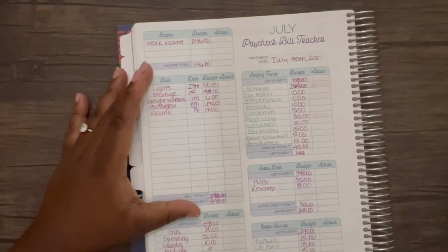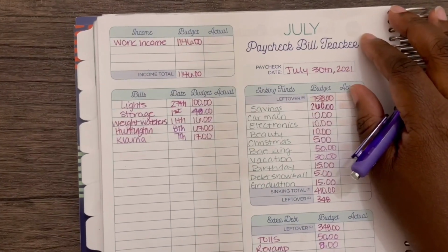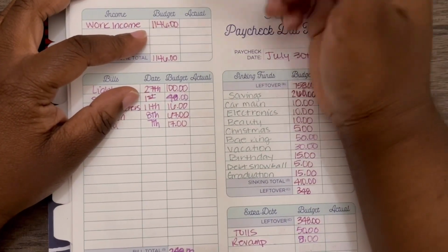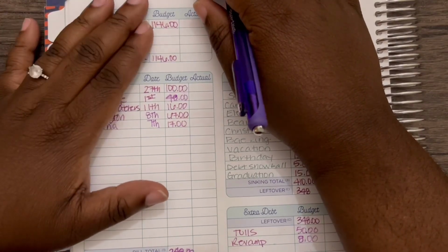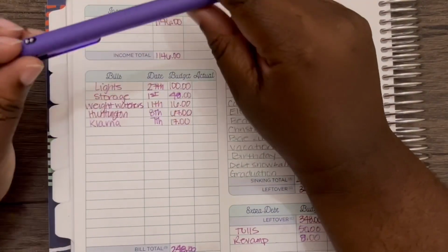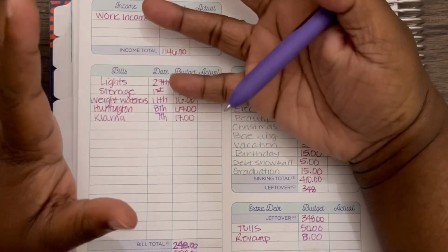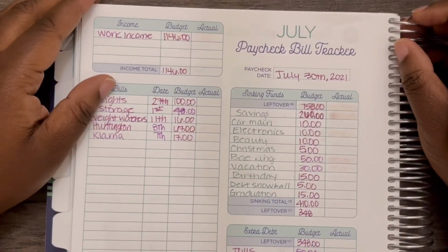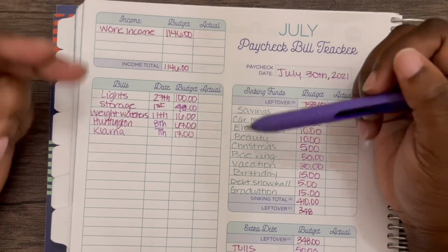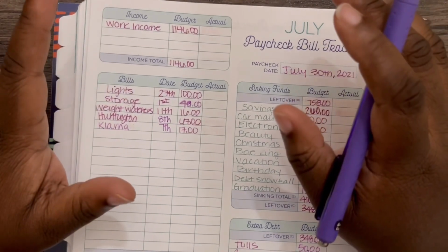Okay, so this check, I'm going to zoom you in a little bit more here. Originally I budgeted $1,146 for my check. With my job, if you are called in on your day off, they will pay you overtime for the hours you work, as well as 2 hours of call out pay. So in total, I worked the 8-hour shift, and then I got 2 hours additional overtime for coming in on my day off, as well as